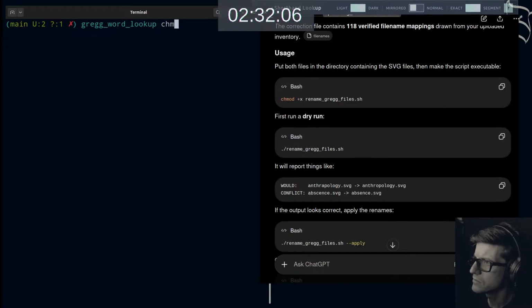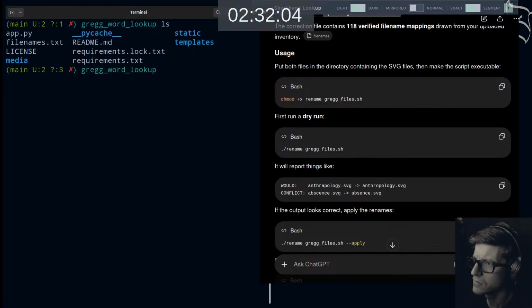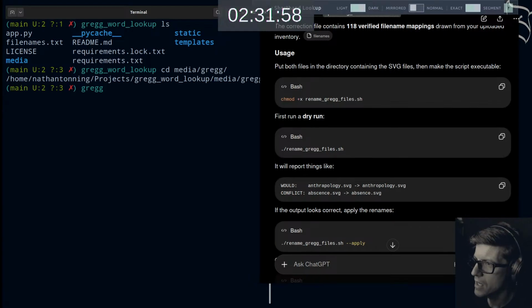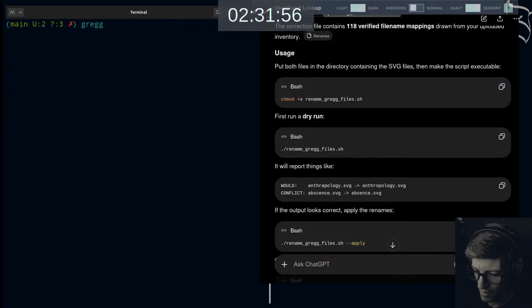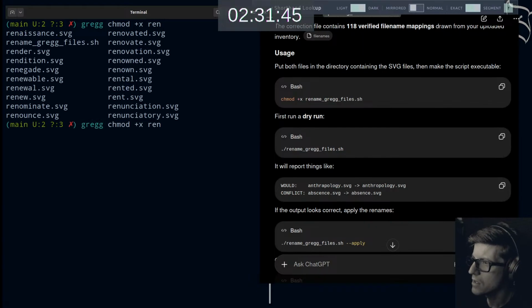Hold on, let's see here. Oh, let's go into media and Gregg. There we go. And now once we're in here, I have to chmod that file. So we're going to go chmod plus x, rename underscore Gregg files.sh. Okay, so now it is executable,